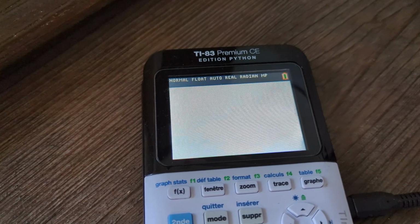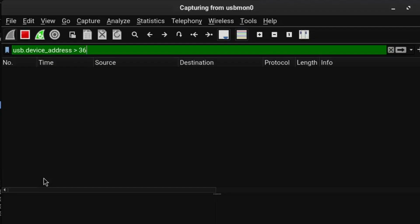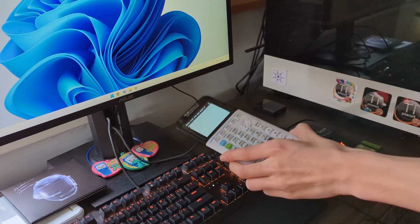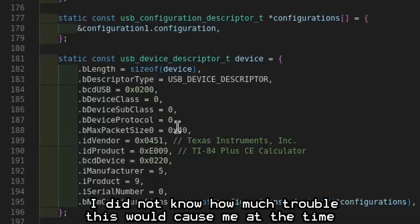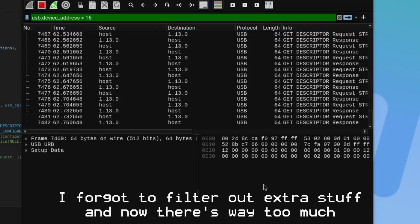I spent a few days messing around with colored screens and getting no result, until I realized not even the partial configuration descriptor was being sent to the computer anymore. I tried switching the cable, reinstalling the USB library, and even using a different calculator entirely, until eventually remembering that I had changed what's called the max packet size at some point. Changing it back fixed it, and within an hour or two I was able to pinpoint the exact event I